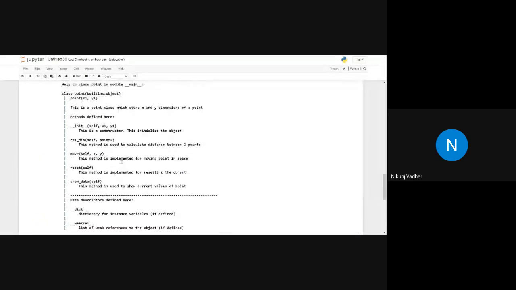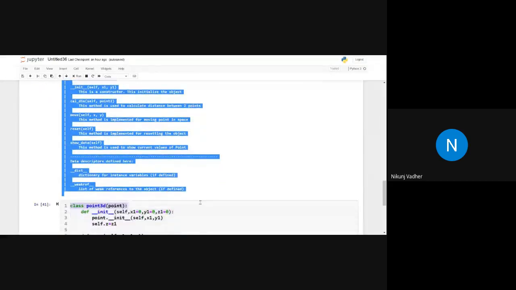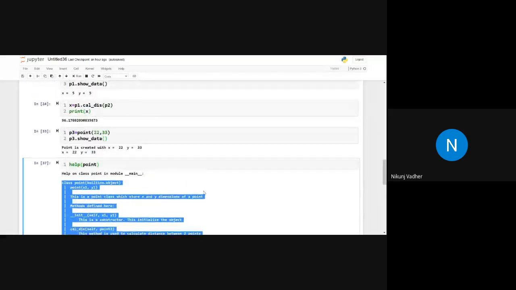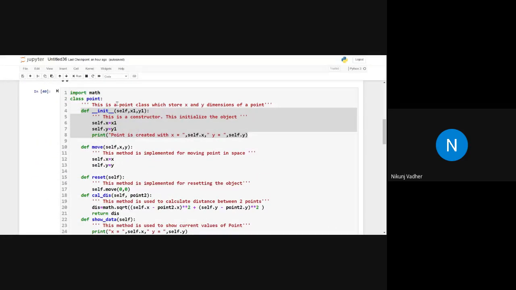Meanwhile, we discussed that if you want to give a description to the user, how we can specify the doc string and how we can use it. In the constructor, we also discussed the constructor with default arguments and the parameterized constructor. So all those things we have discussed.